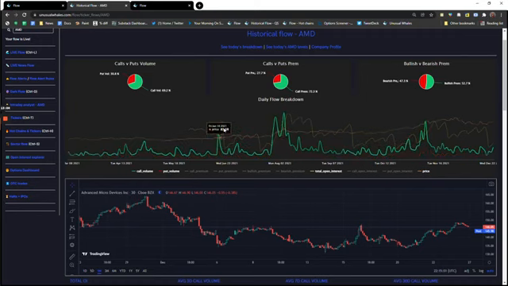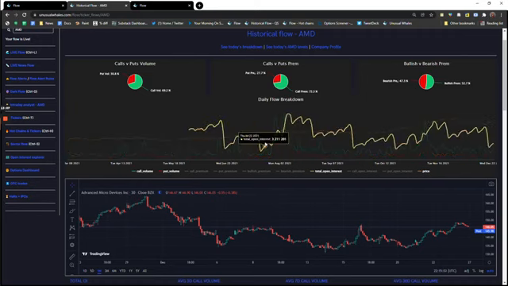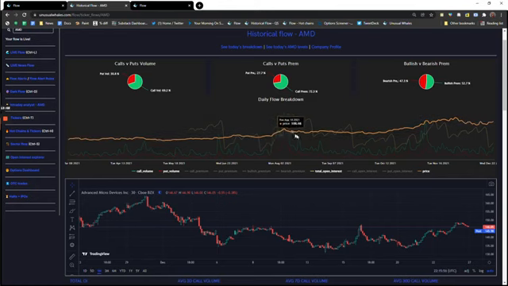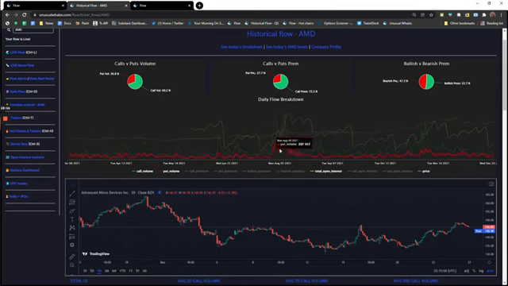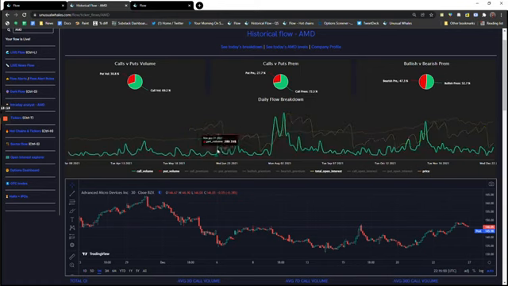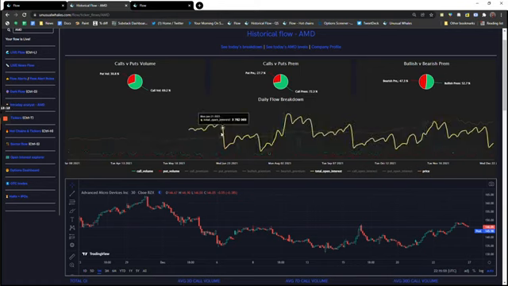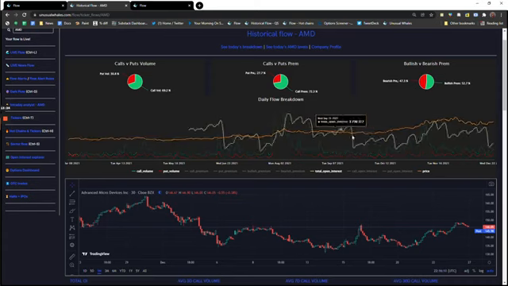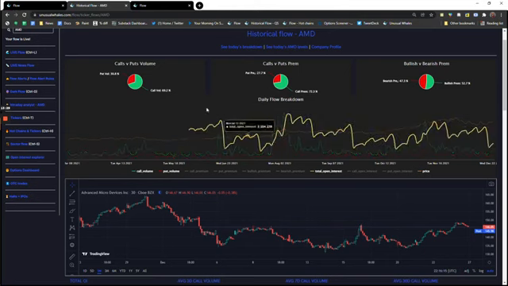Obviously, there's a correlation between call premium and price, open interest and price, what happens with the stock. Interestingly enough, for your contracts, don't forget these move not only with the price, but they also move with the activity around the stock. So rises in call premium, rises in open interest, all these things are predictive of rises in price, but they also just mean rises in the premium value of your stock. So what I wanted to show, just to really show how real this is, is a few things. The first is I wanted to show you